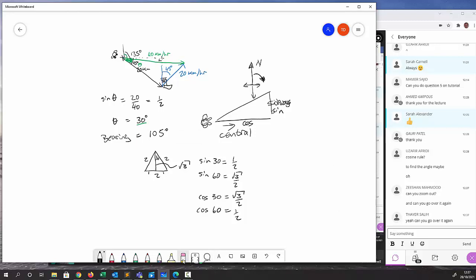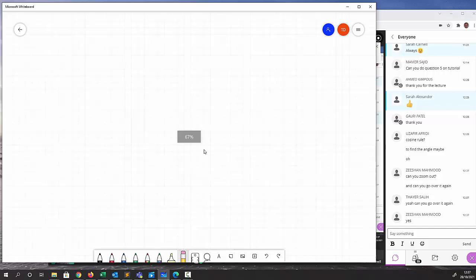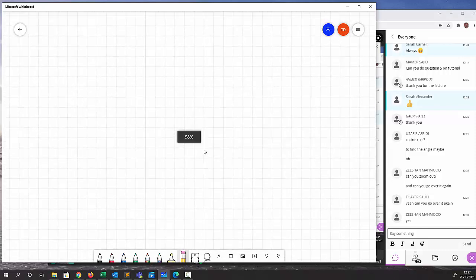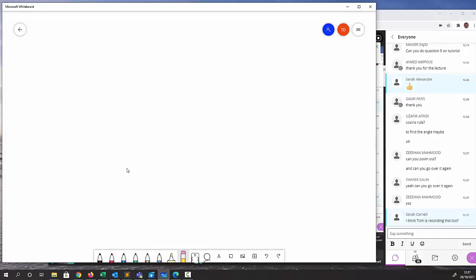Yep, okay, so I'm going to clear the page. Clear my canvas, and go back in again to 100%. There we go. Right, so what we've got is here's U. I'm going to try to draw this much tidier than I did before. So here's U, and the pirates are down here at a bearing of